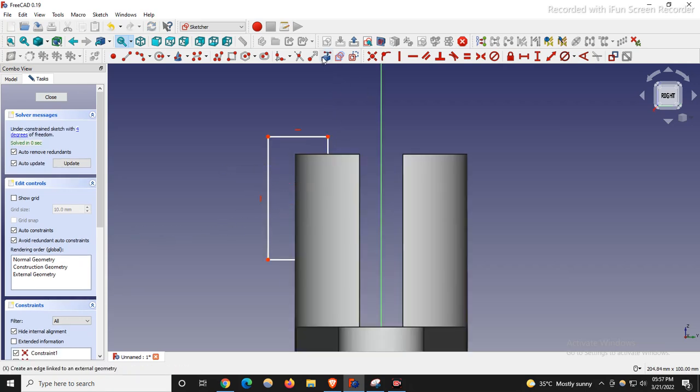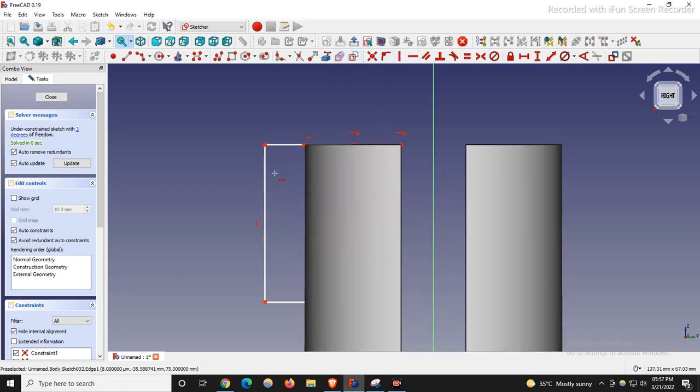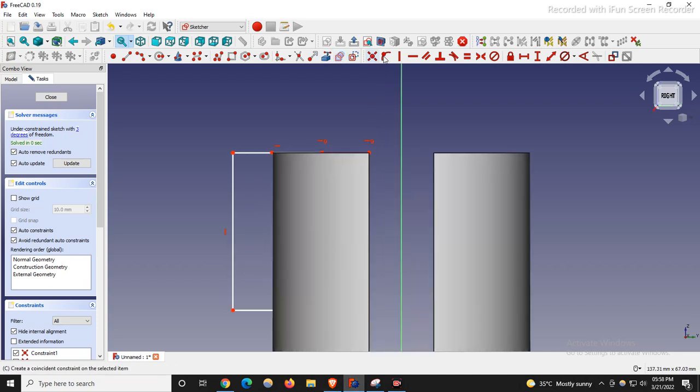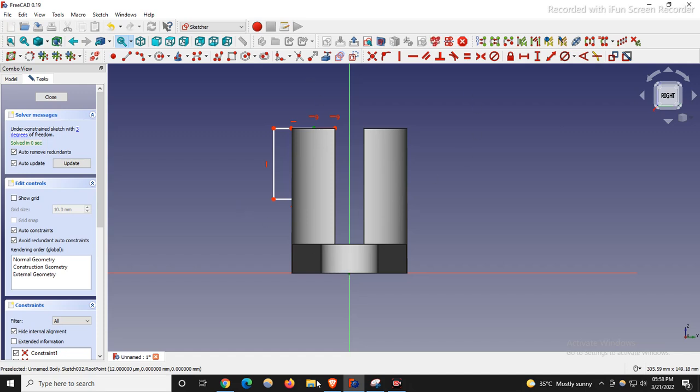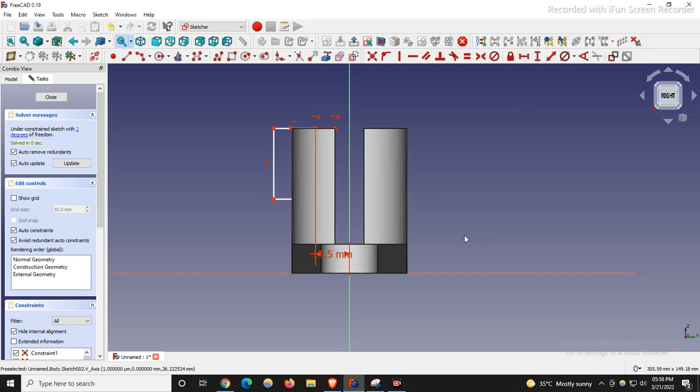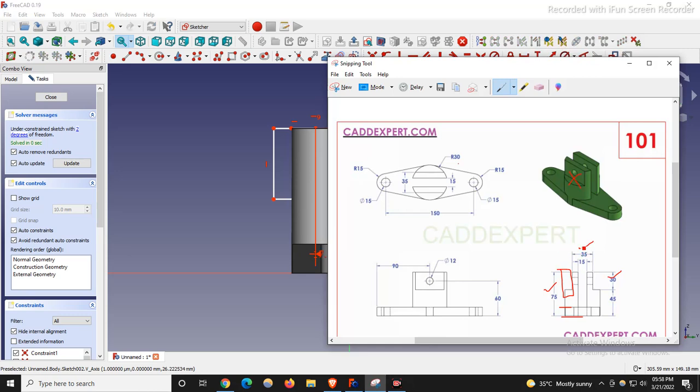and I will project this edge, and I will give a horizontal constraint with this and this, and my cut would be 35. So I will give a dimension here from this point to the origin point. So 35, half is 17.5, so I will give a horizontal dimension of 17.5, because here it is 35, so our axis